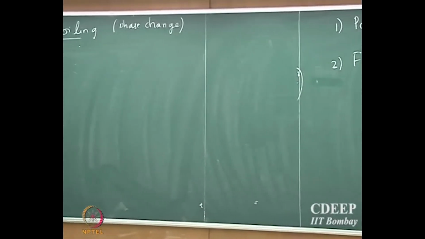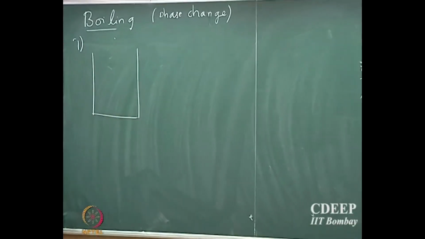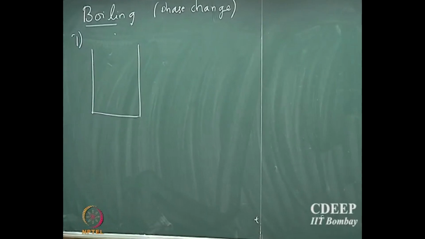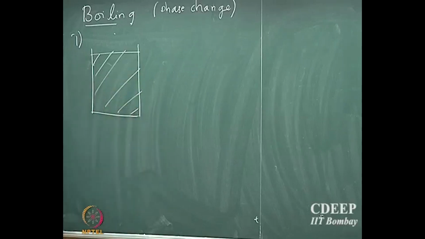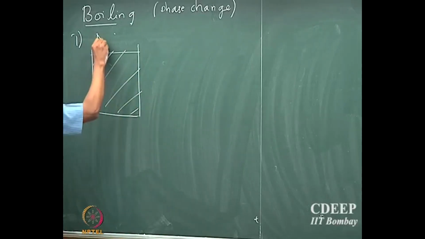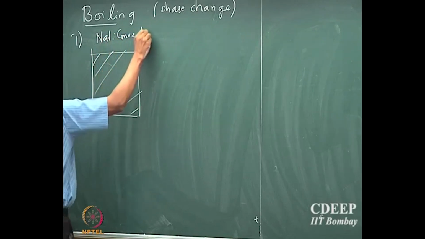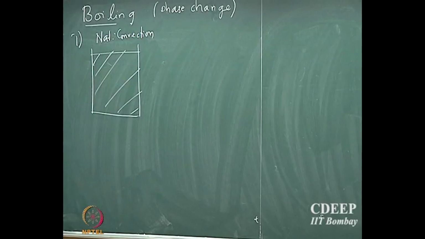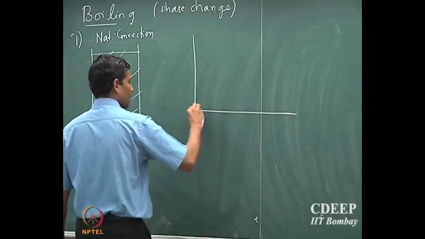So, in the first stage, suppose I take a beaker which is filled with a fluid, and there will be a certain temperature range. Till that temperature, the heat transport is only by natural convection. And in fact, if I start to develop this boiling curve,